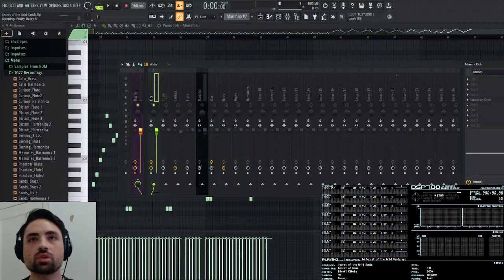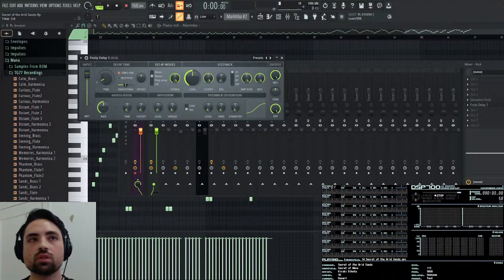Let me use delay 3. Give it like 30%, 30, oops, and low level. No diffusion.